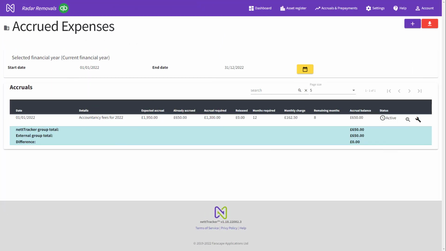If I take a look at the statement for my accruals, I've got accountancy fees on there, my expected accrual of 1,950, how much I've accrued so far, the amount left to accrue, if I've released any of that accrual, how much, how many months in total, what my monthly charge is, and the remaining months. I can also see my current accrual balance there of 650, which agrees to the 650 which is on my